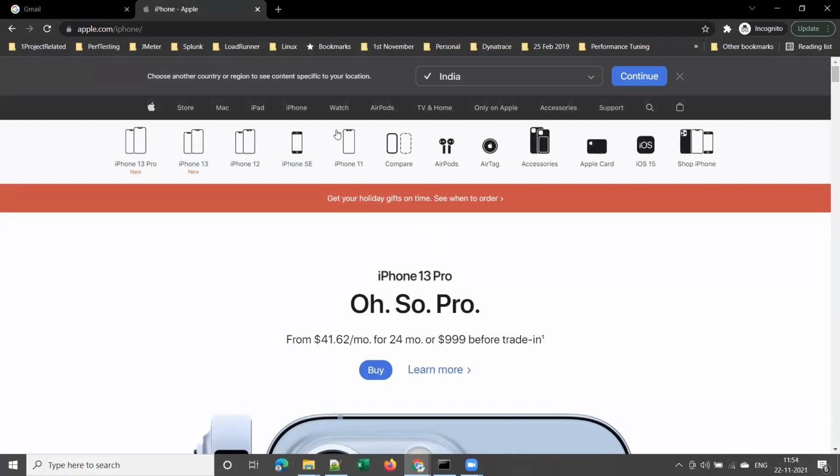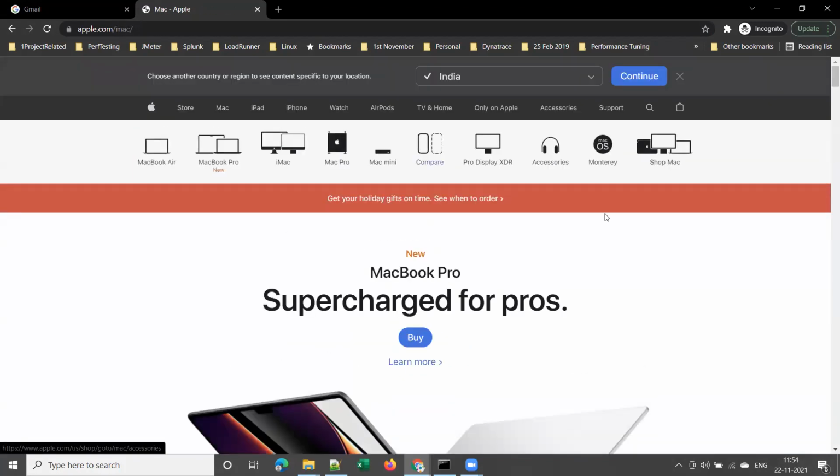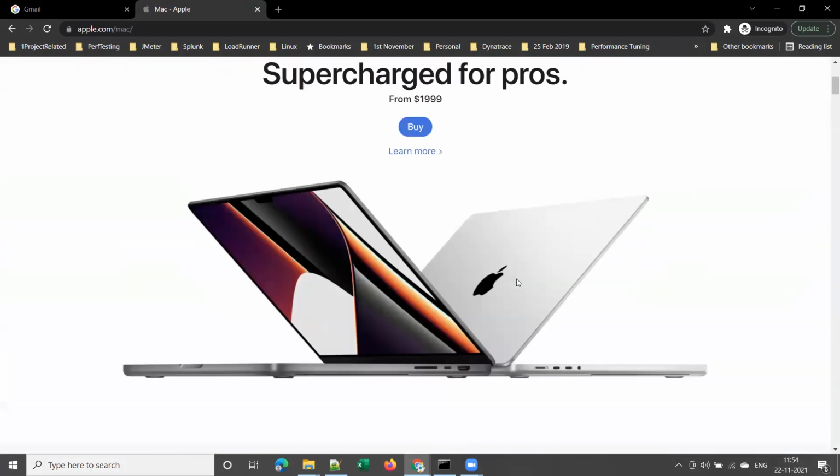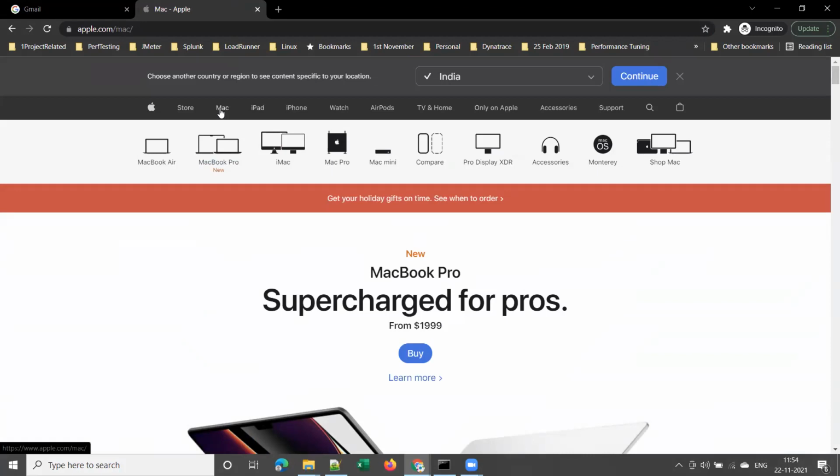And another team may be working on the Mac tab page. There may be different developers working, one developer for each of these pages, and each one is called a module.